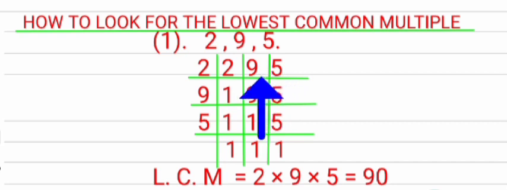All the numbers that we're given to look for the LCM of. So that's why we have 2 times 9 times 5. That gives us 90. So now this 90, the meaning of LCM again is that all these numbers here